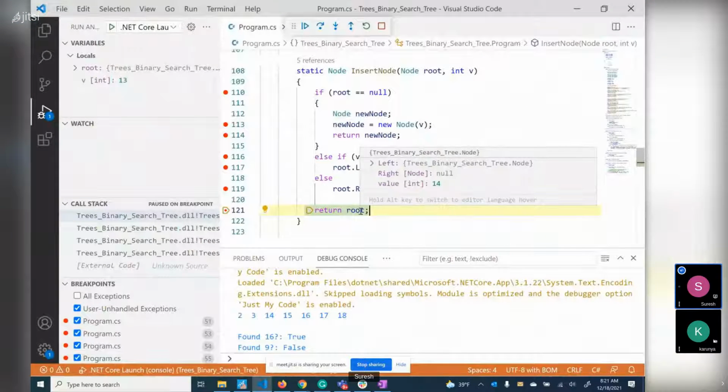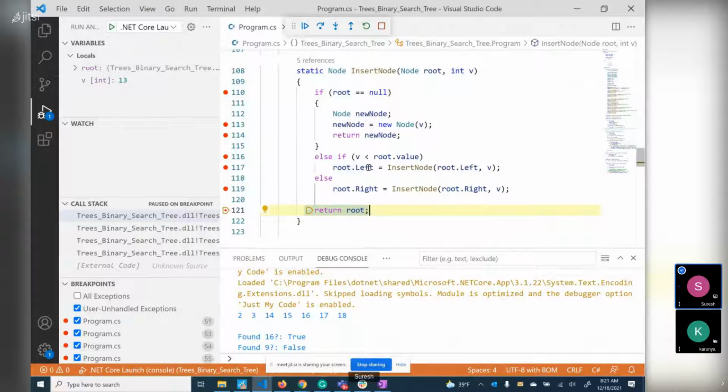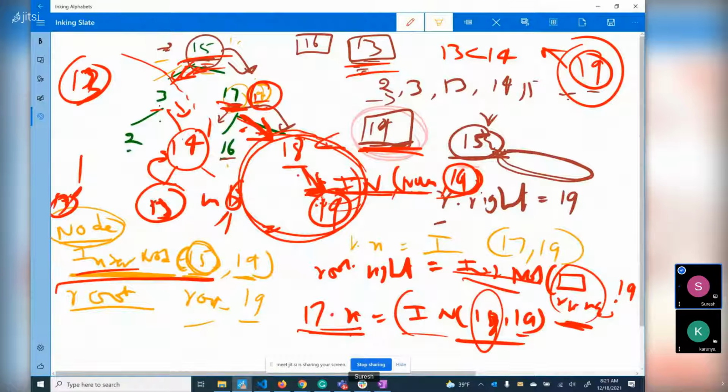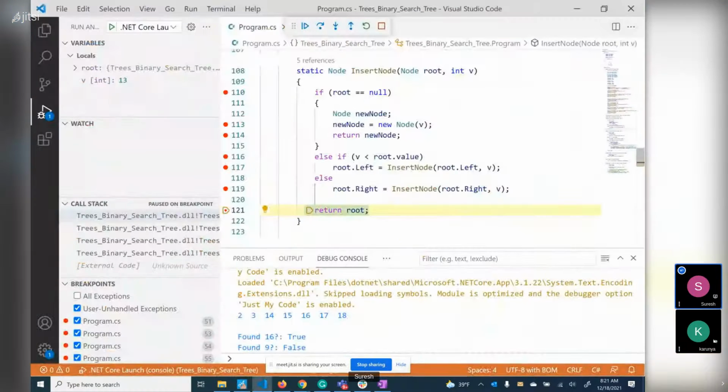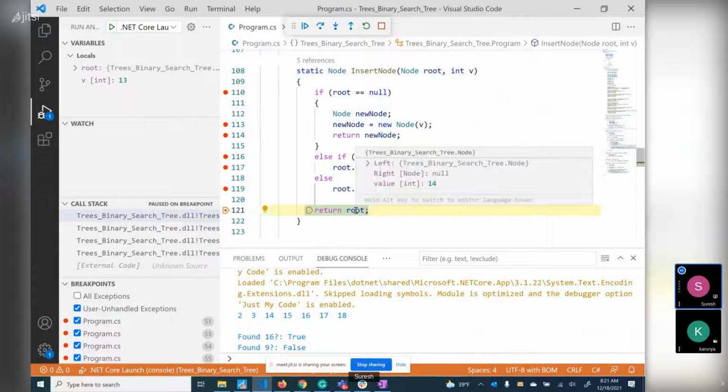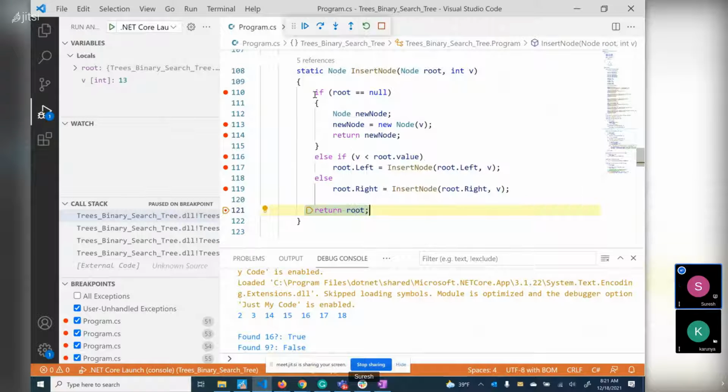So now what happens? Root value is 14 and 14's left equal to 13. 14's right is still null. You did not execute this. You did not insert anything to the right of 14. We inserted only at the left side of 14. So now we are returning 14. That 14 will go back to